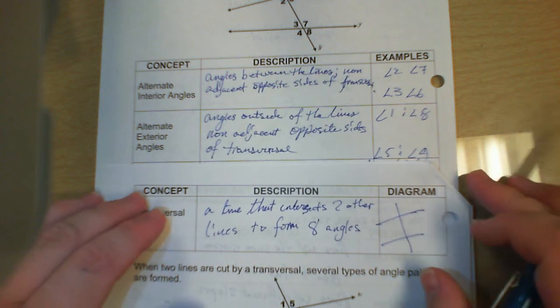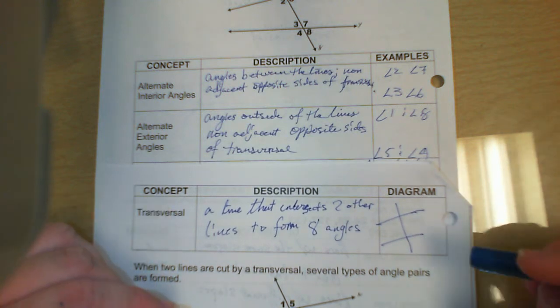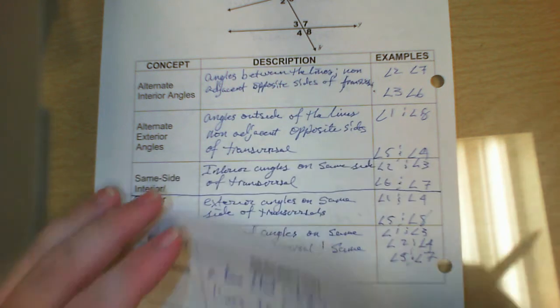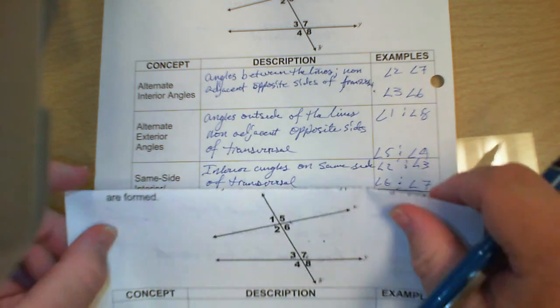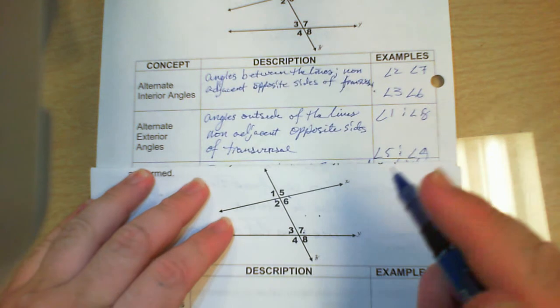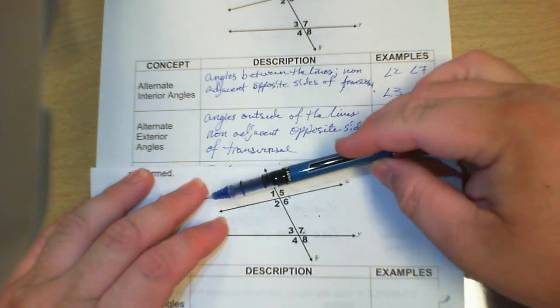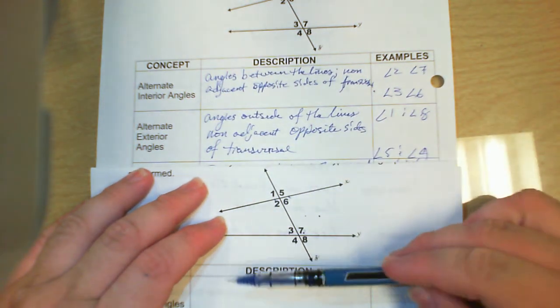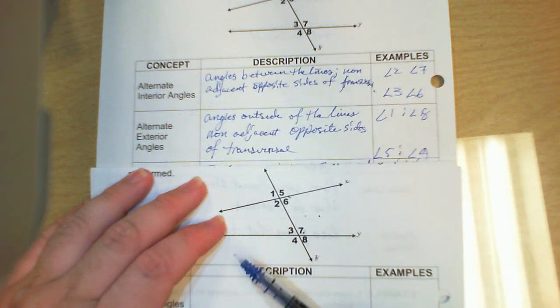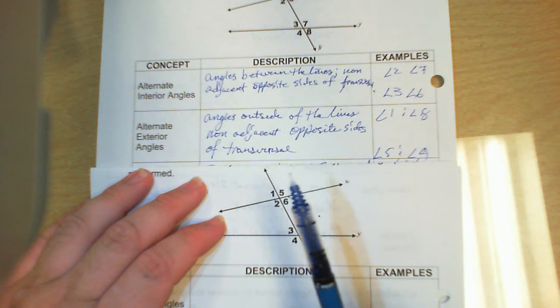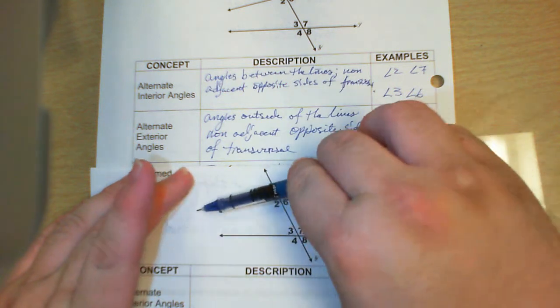Next one is alternate exterior angles. Angles outside of the lines, non-adjacent, opposite sides of the transversal. So, for example, let me fold this so we can see it. Okay, so like in this one, they're angles outside of the lines, so they're going to be up here and down here. Okay? Like angle 1 and 8, they're alternate because they're on alternating sides of the transversal, but they're exterior